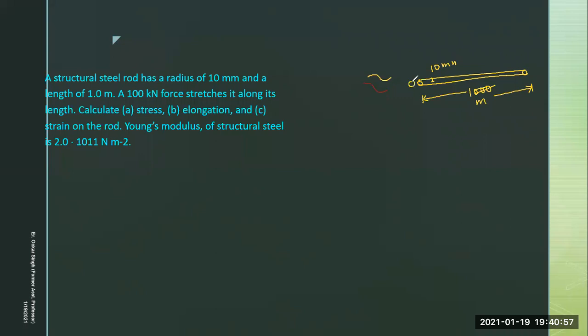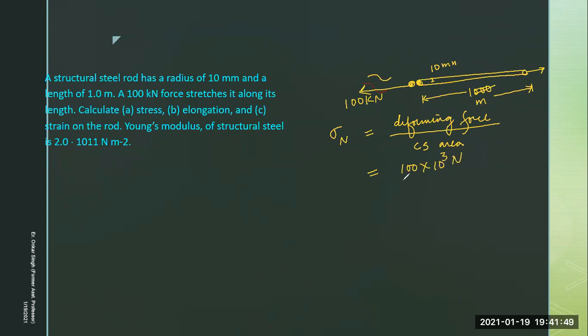So what will be the area of cross section? He says 100 kilonewton force stretches it along its length, so obviously the force will be applicable on this area. Stretching means it's a tensile force, and the magnitude of force is 100 kilonewton. Now we want to calculate stress. It's a normal stress, which is equal to the deforming force, that is the external force applied, divided by the cross sectional area of the rod, right? So deforming force is 100 kilonewton, that is 100 into 10 raised to power 3 newton, divided by